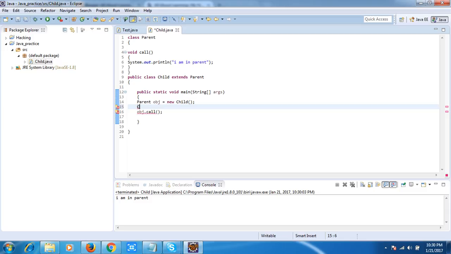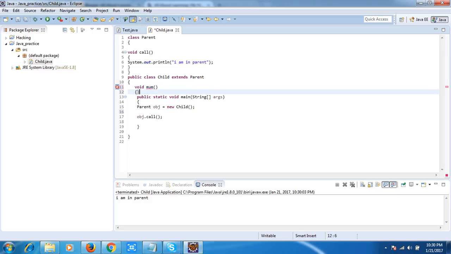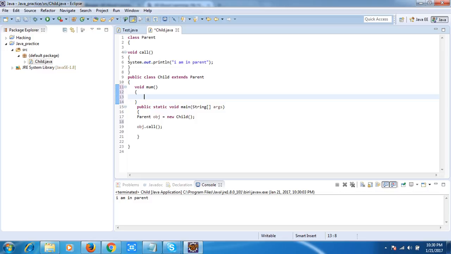Let me modify this a little bit. Suppose I have a method in my child class, and I give it any name. I'm giving mom, and let me print out: I am in child.